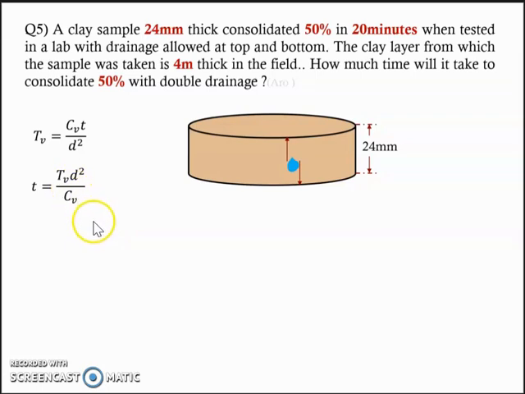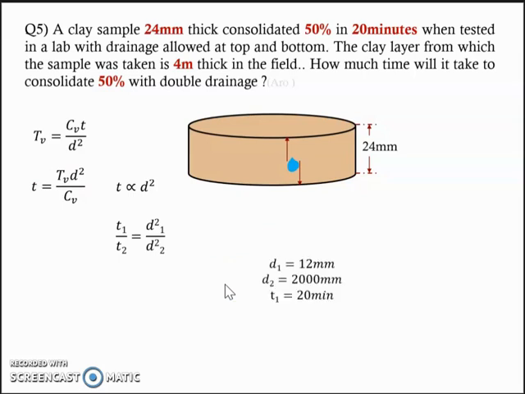From this expression you can say that time is proportional to the square of the drainage path, or TV and CV remaining constant, T is proportional to D square, or T1 by T2 equal to D1 square by D2 square,